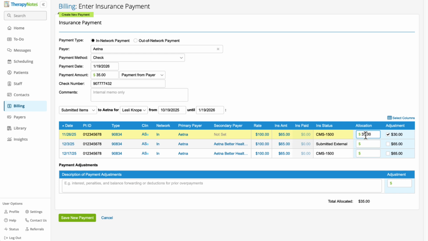If the amount you list in the allocation box is less than the amount you are expecting, you can write off the remainder of the balance by checking the adjustment box. When you're expecting a payment from secondary insurance or additional funds from the primary insurance, leave this box unchecked. Once all services being paid have been accounted for, you can add the payment into your account by clicking Save